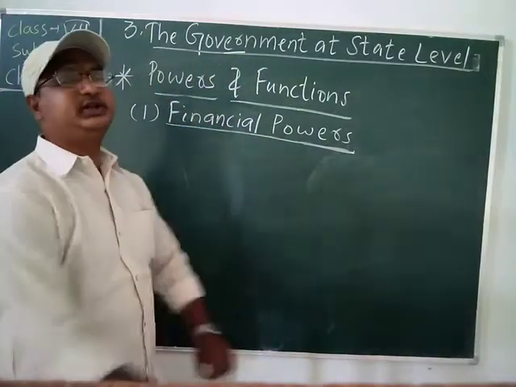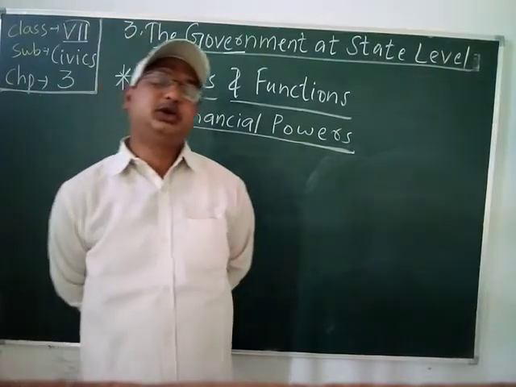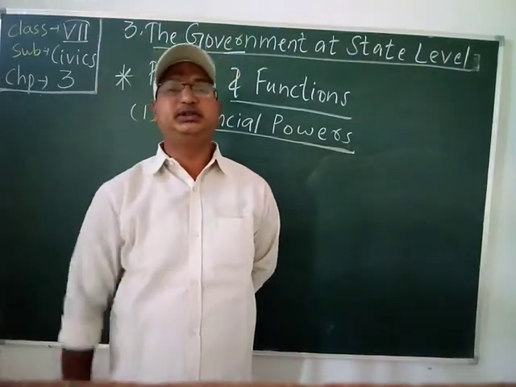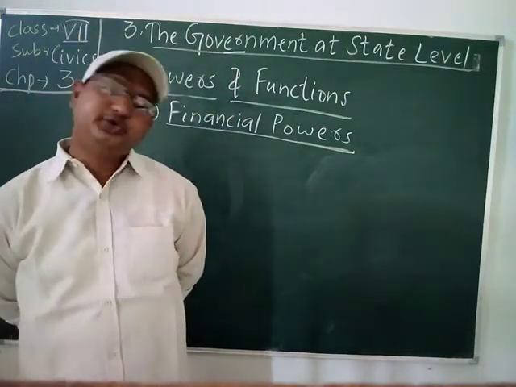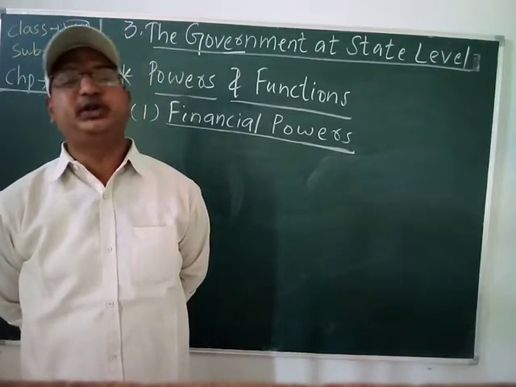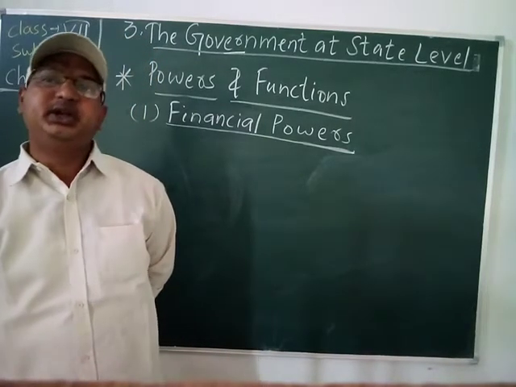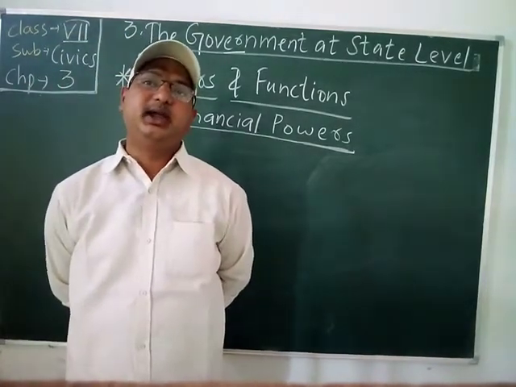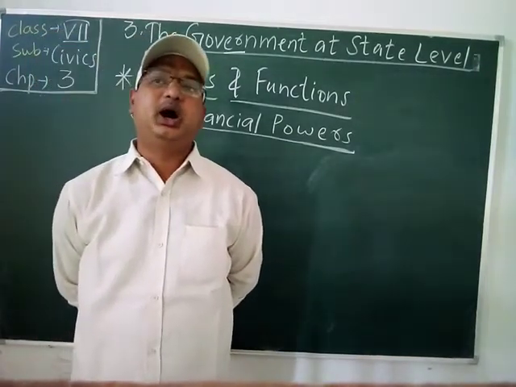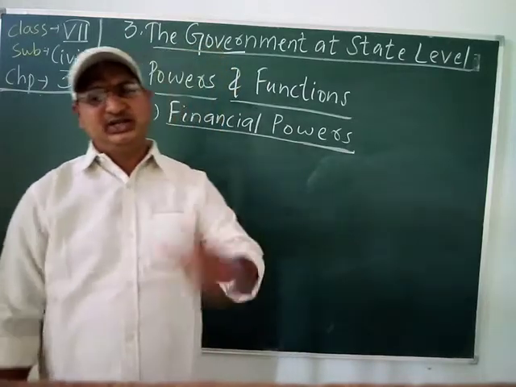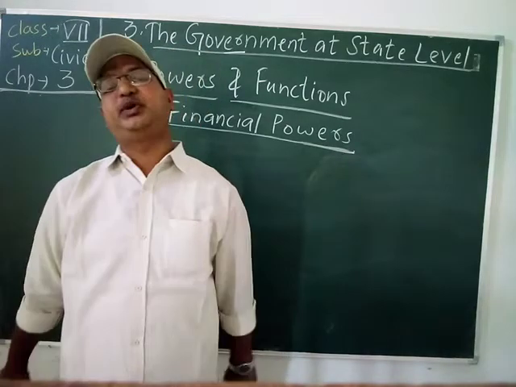Students, what are the financial powers? So here, the last among these four is the financial powers. No money bill can be introduced in the legislature without his approval. The contingency fund of the state is at the disposal of the governor, and he can make advances out of it to meet unforeseen expenditure. Students, the contingency fund means an emergency fund. That money is kept for emergency purposes.